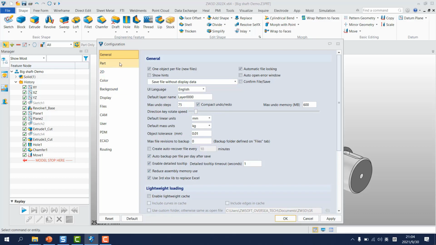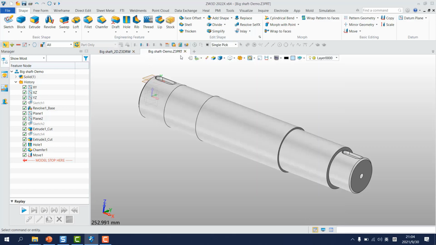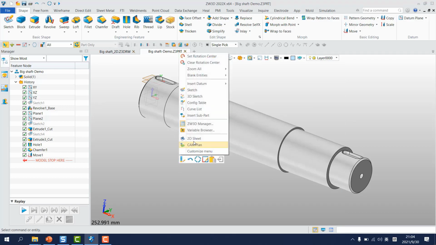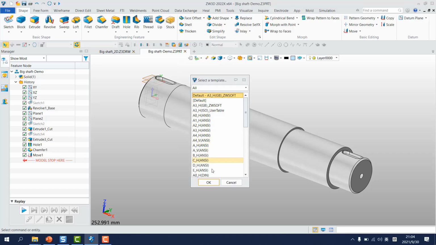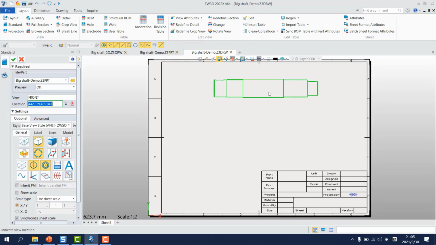As you can see from here, I'm using the one object per file mode. Here's the template file location. You just copy the template from our training material to this folder, and then you can also set the default sheet template with this custom template file. Okay, and this is the file we need to create the 2D drawing. So we just open this file and then go to the 2D sheet and use the default template. Okay, and here we select the front view and put it here